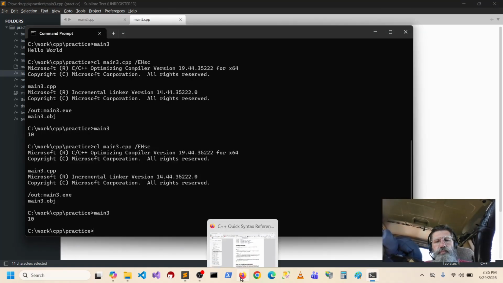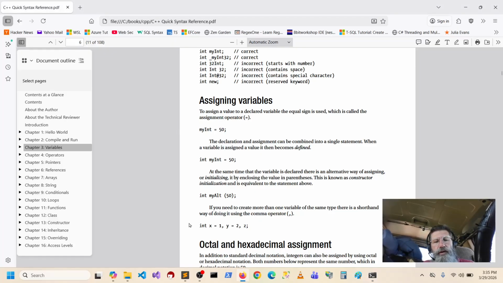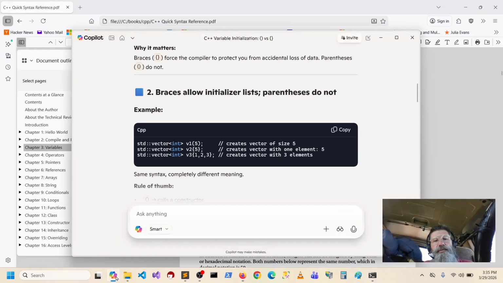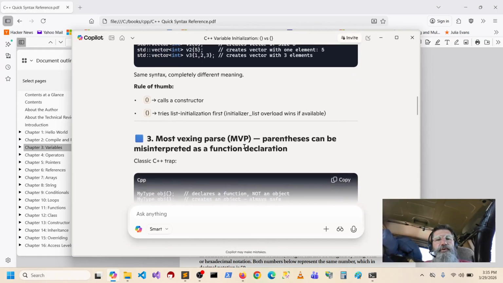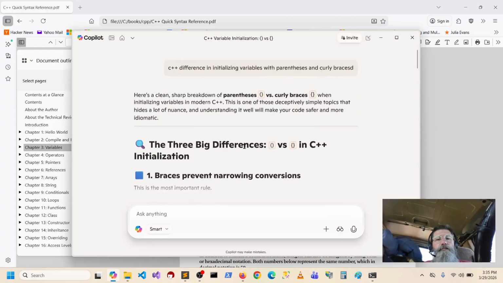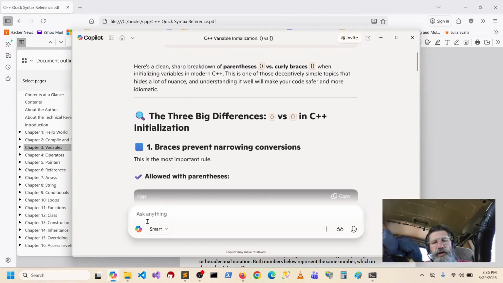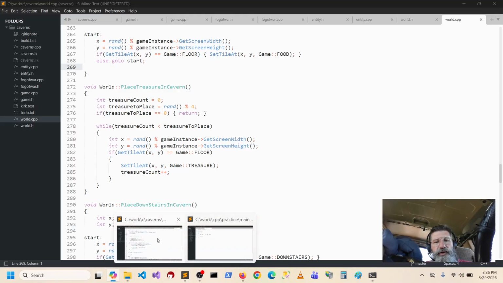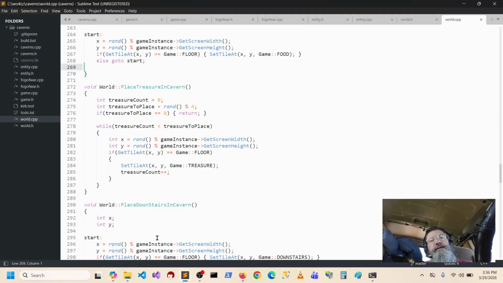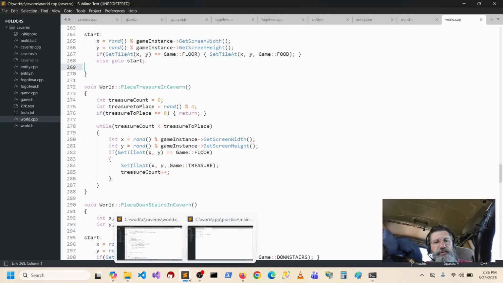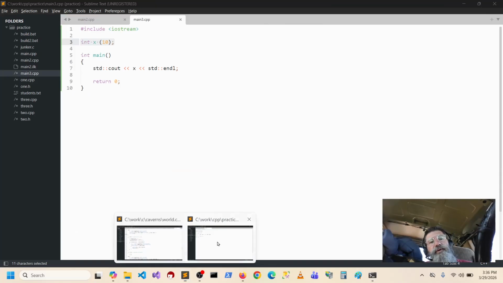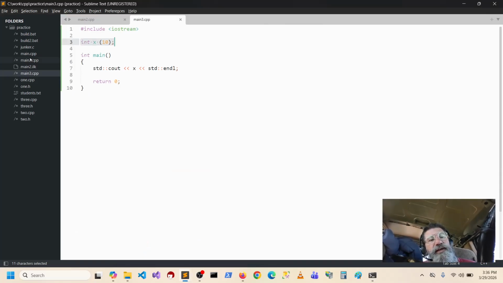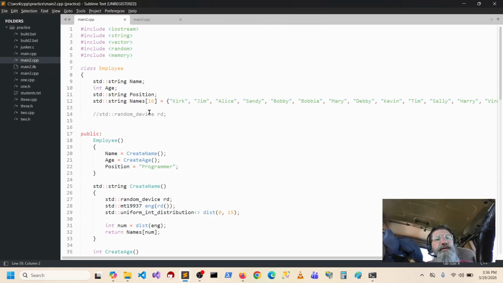Whoops. Not that. Where is my copilot? Okay, copilot did not give me the whole thing. You know what I can do though? I can go look it up. Oh, not in that one. Oops. Over here, I can though, because I think in main 2, I did use that.